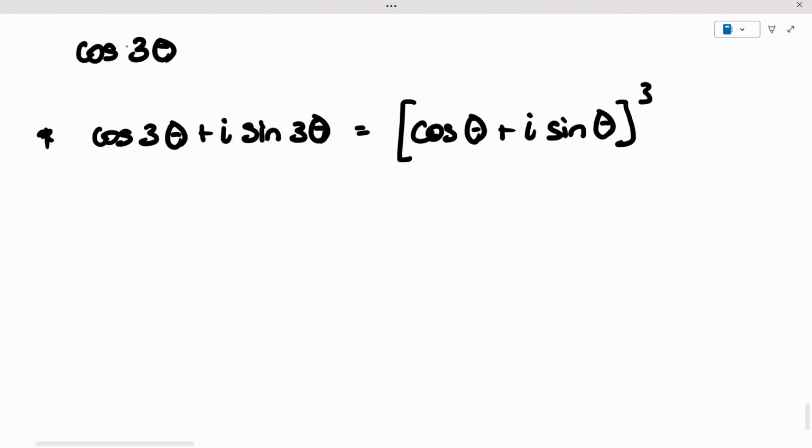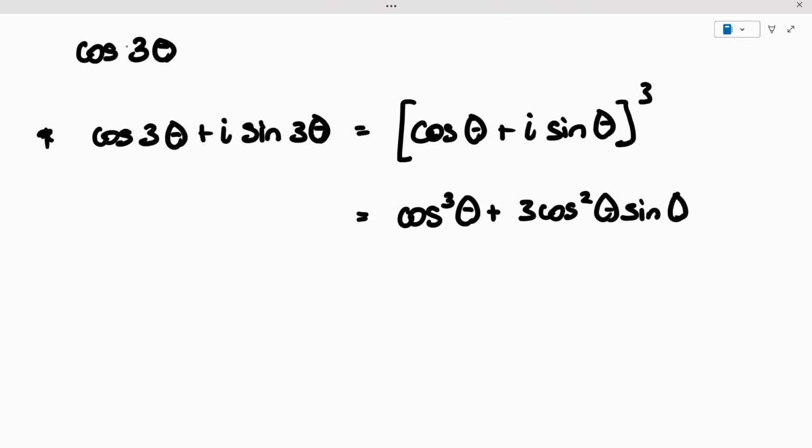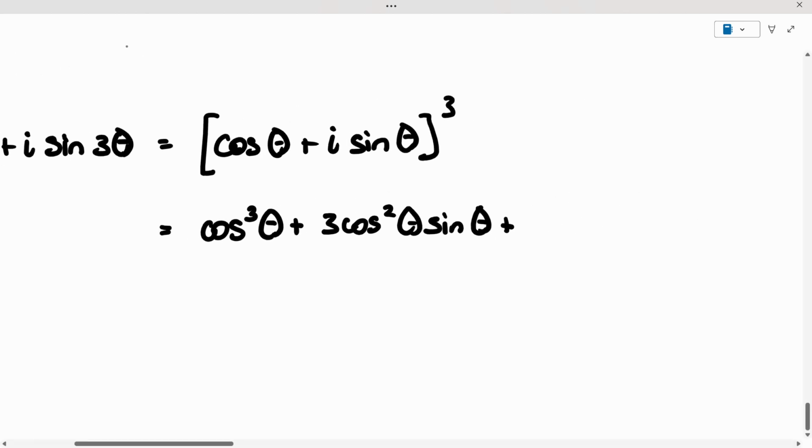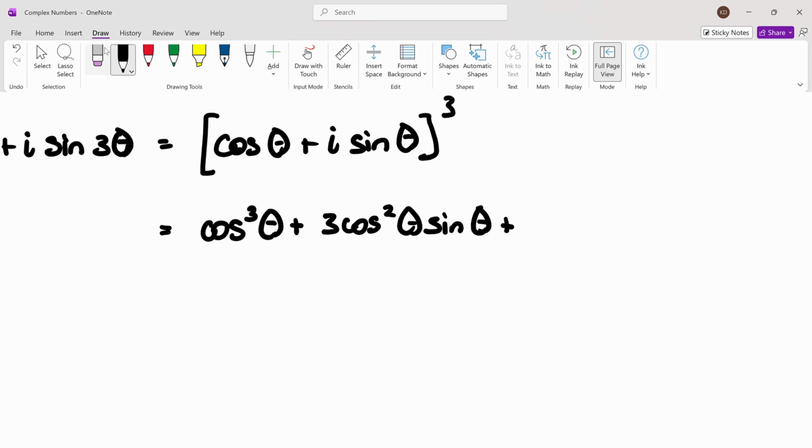And let's now expand this bracket on the right-hand side using the binomial theorem. Right? So we do the first term's cube plus 3 times cos squared theta times i sine theta